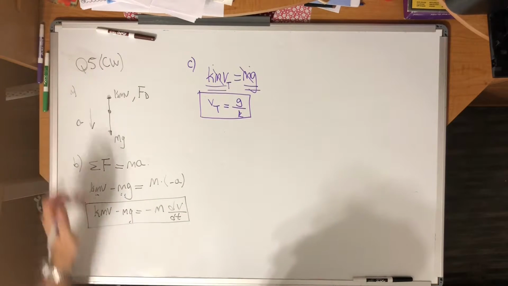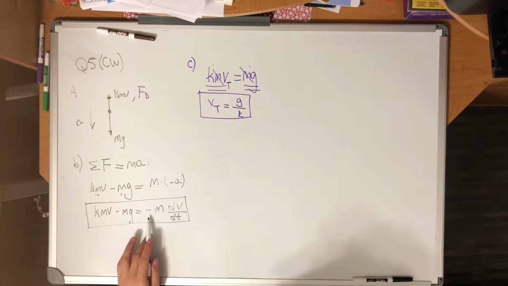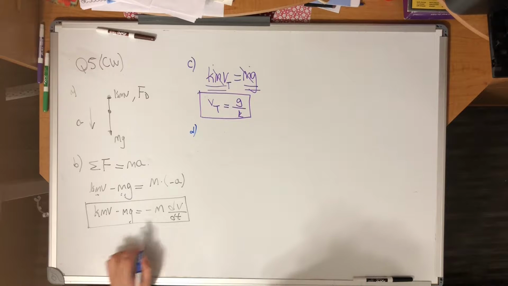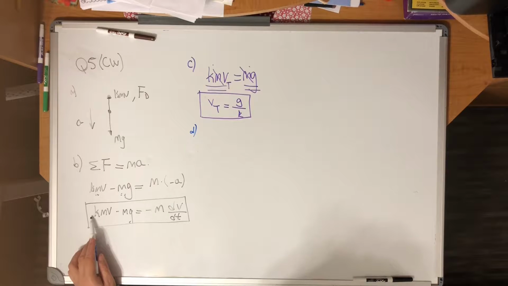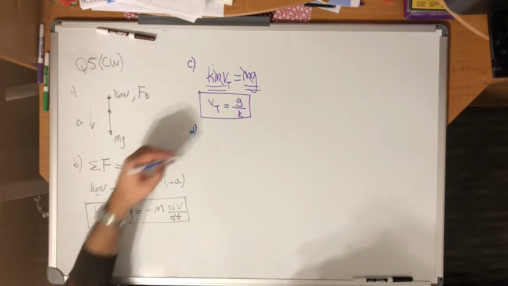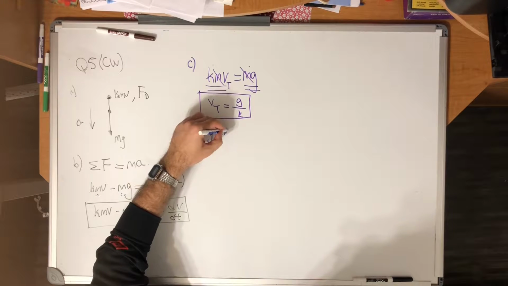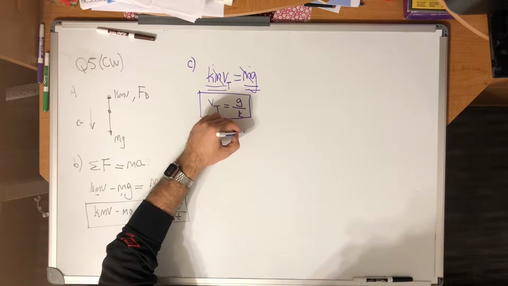Alright, so I'm going to start with putting negative here first. So I'm going to multiply the entire equation with negative. So I'm not going to deal with this negative over here. So once you multiply everything with negative, that negative will become positive and this will become negative. So I'm going to bring that to the front. So my function will be mg minus kmv equals m